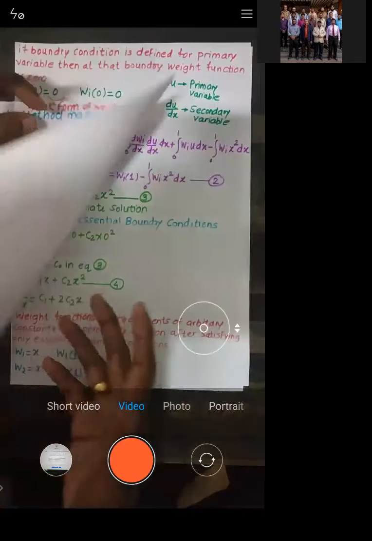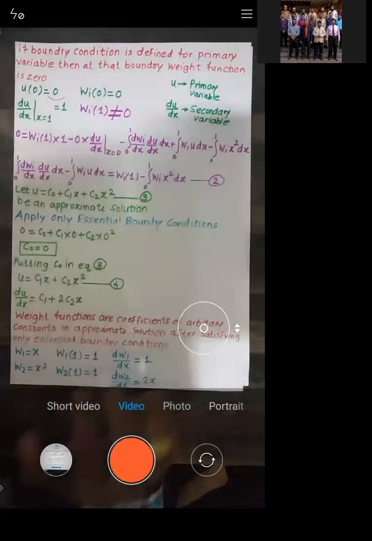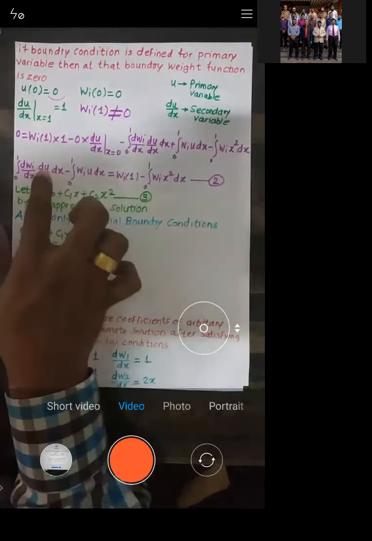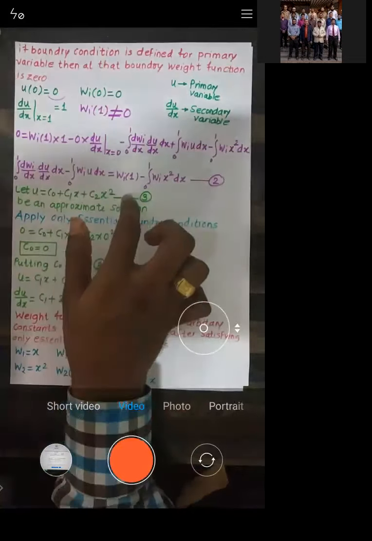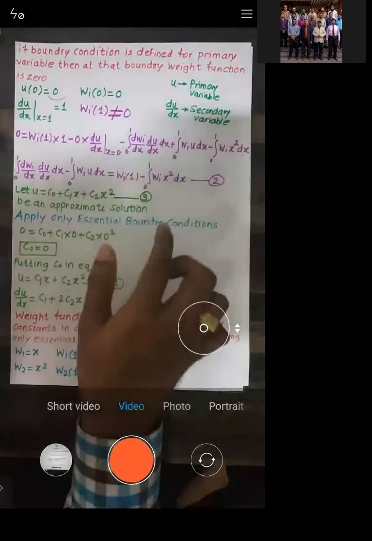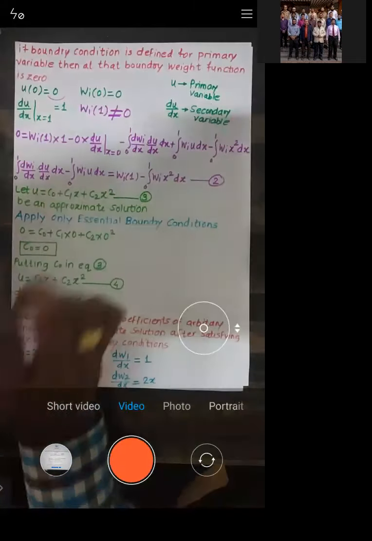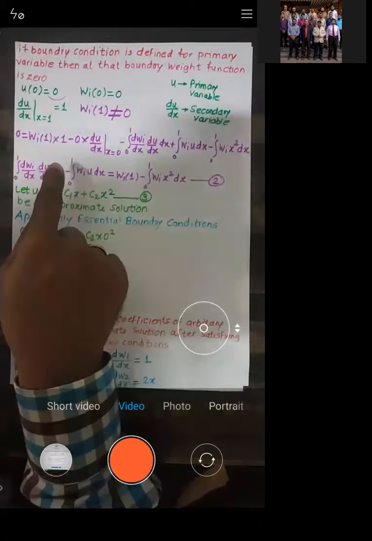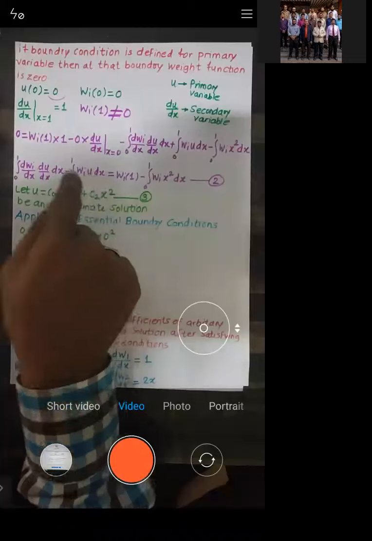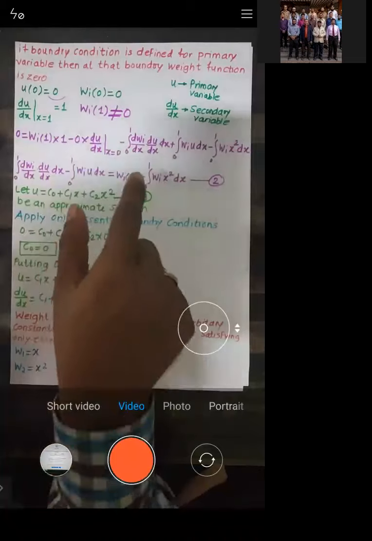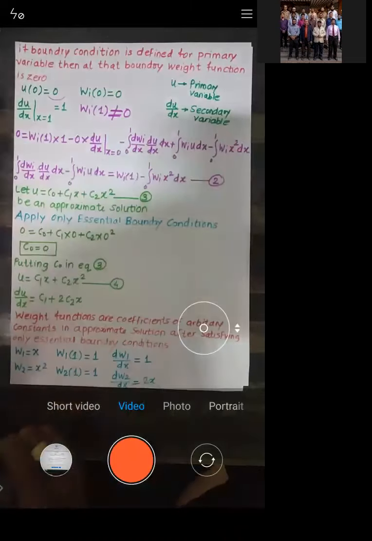So what we have done: this was the second order differential equation, and we have reduced it to a first order differential equation. Now based on this equation, I have written the approximate solution. Here the order is first, so I have taken order 1 greater than that, so it's 2. Now in this equation, I have applied only the essential boundary condition, so I was able to eliminate one constant and got a new value of u. But in this equation, I required u and at the same time its derivative, so I calculated that. Similarly, I required the weight function at x is 1 and the derivative of the weight function. So weight functions are needed.